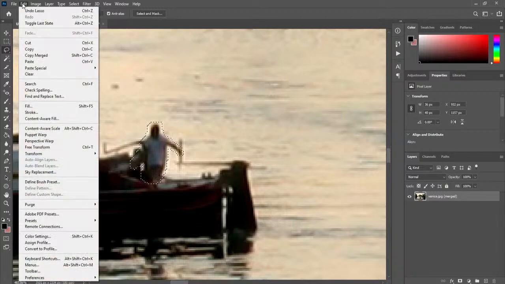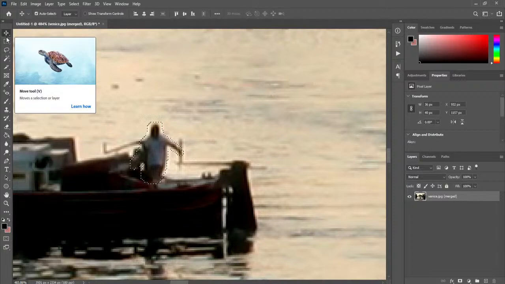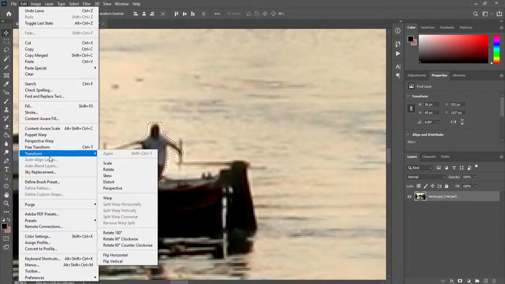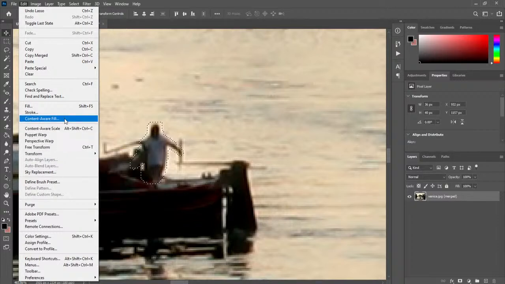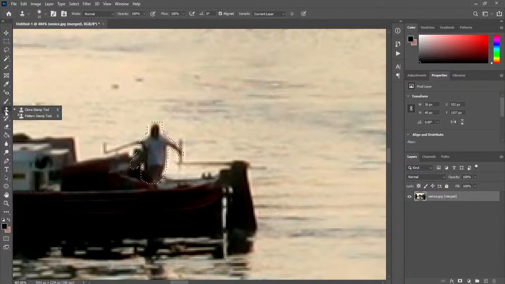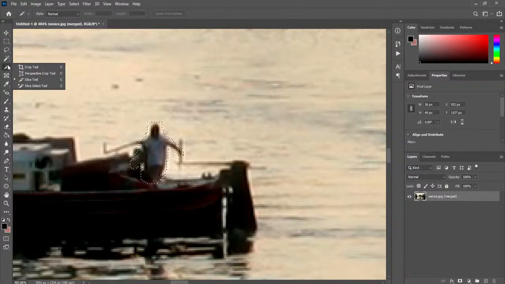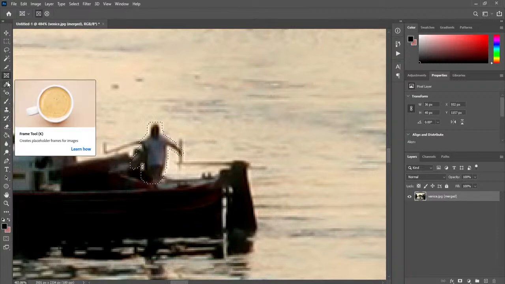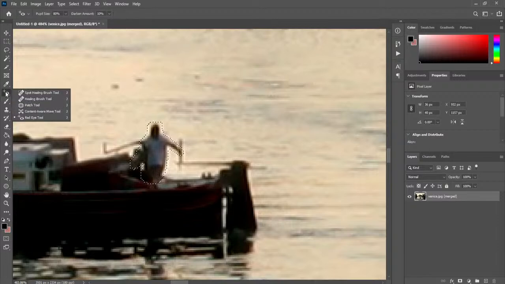So once he is selected, I will go to Edit. In the Edit menu, I have a few options here. Like suppose let's take this move tool here, and then go to Edit. And in Edit, in Transform, sorry, not in Transform, where is the content? Oh, okay, sorry. Move here, it's supposed to be somewhere. Yeah, in the same group where we have the spot healing, healing brush tool, patch tool, red eye tool, we have another tool which is called the content aware move tool. So I will choose this content aware move tool,